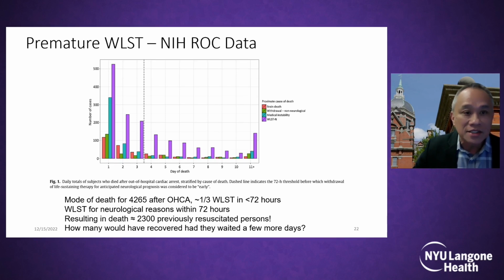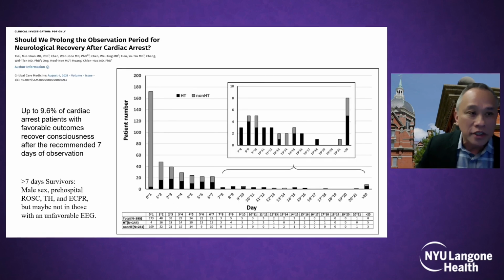And while this is disturbing, there's actually a group in Taiwan that's doing this. The interesting thing about the Taiwanese group, this study from Critical Care Medicine, is that they had no limitations in terms of the length of care that they could provide for these patients. So they followed the patients for as long as they could. And what they found is up to 9.6% of cardiac arrest patients with favorable outcomes recover consciousness after the recommended